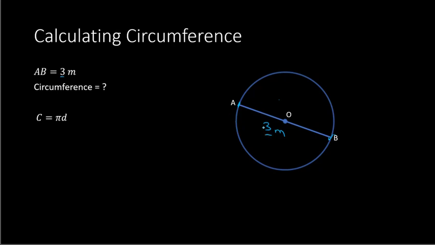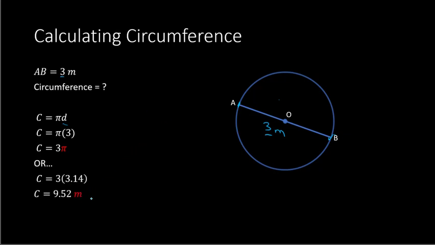So the distance all the way across is 3 meters. So we plug in that 3, that's your diameter, plug it in for D into the formula. So what we have is pi times 3. And we can write this instead as 3 times pi, same thing. So we can leave it like this many times, but if you're calculating for everyday life, you're going to want an actual number answer. So we can multiply 3 times pi. So 3 times pi would be 3 times 3.14. And if you do that correctly, you're going to get